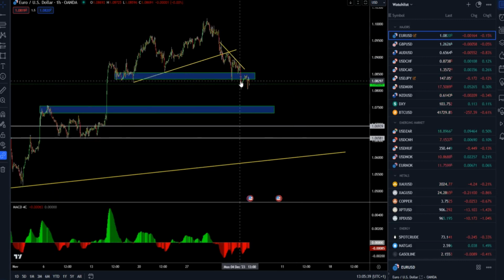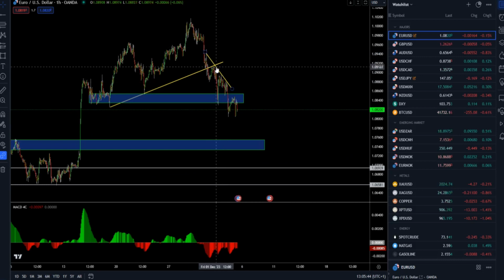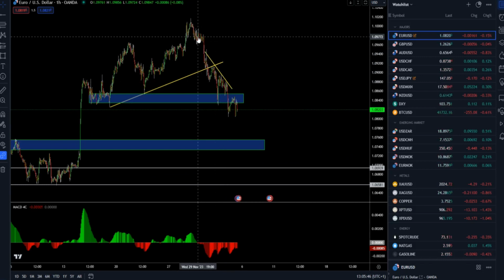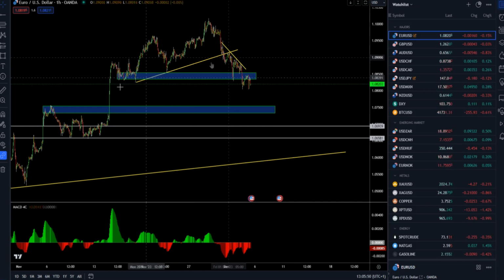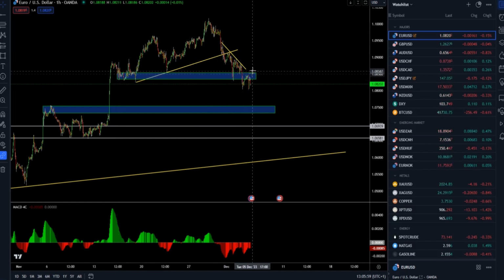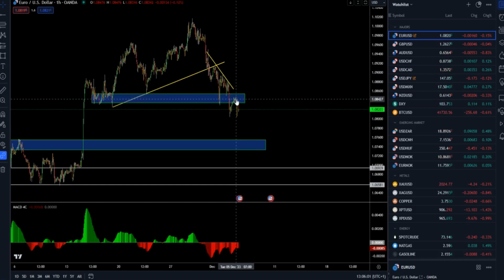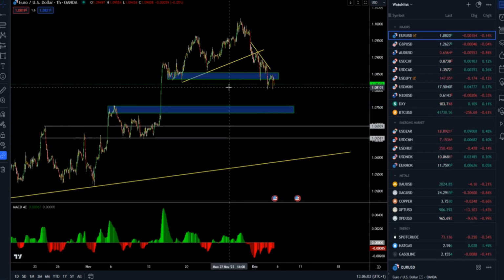And it seems like the downside scenario is working very well. The market is building lower highs and lower lows. You can see a series of lower highs and lower lows in the last couple of days. We had the breakout of the mini rising trend line, and most recently we broke this support area around 1.0840, and it seems like this area acted this morning like resistance, which is another good sign for further